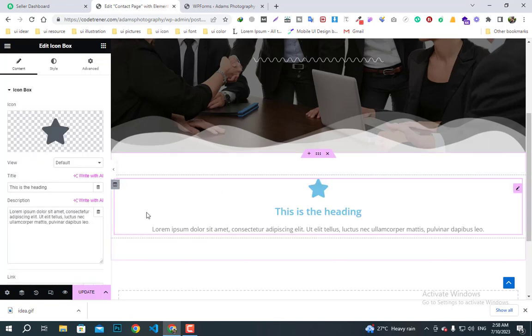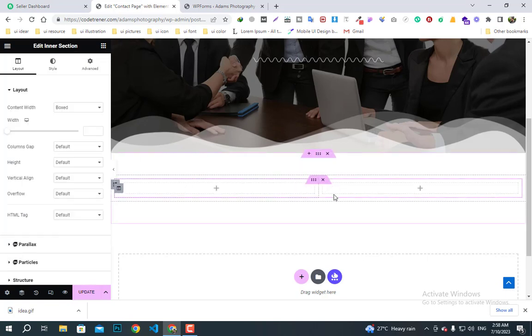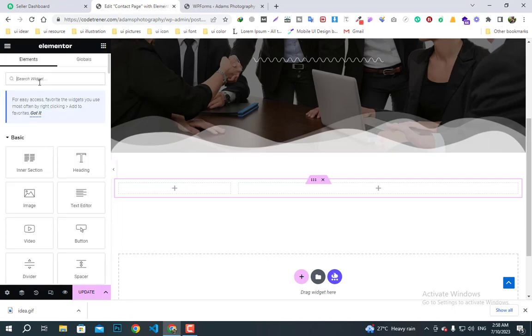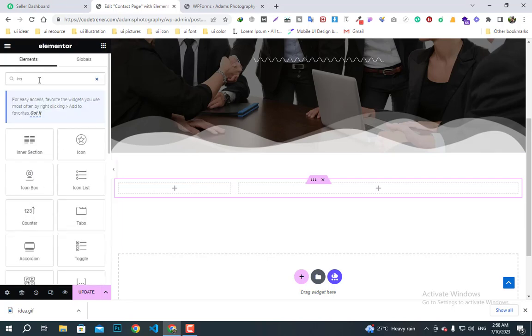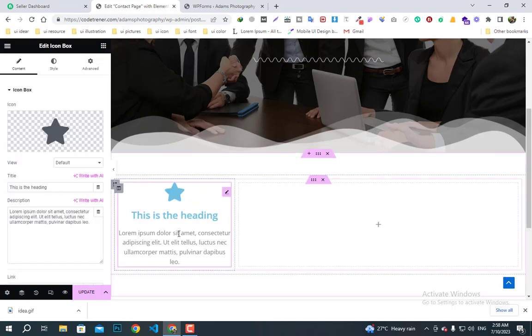Sorry, before I take icon box, I'll take an inner section and I'll reduce its width a little bit. Then I will take that icon box, just drag and